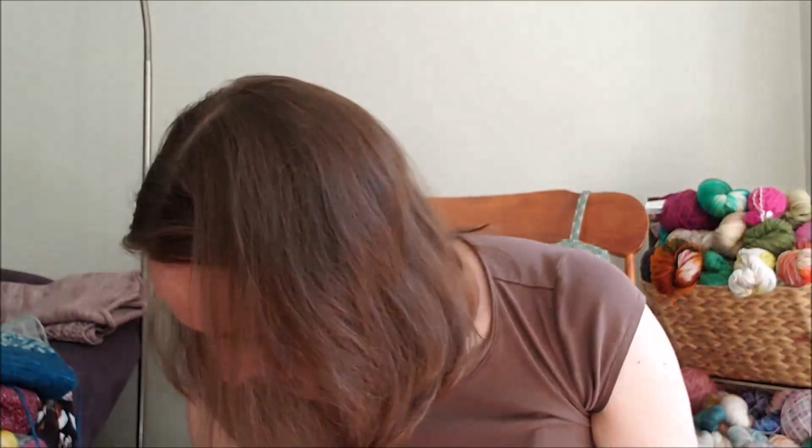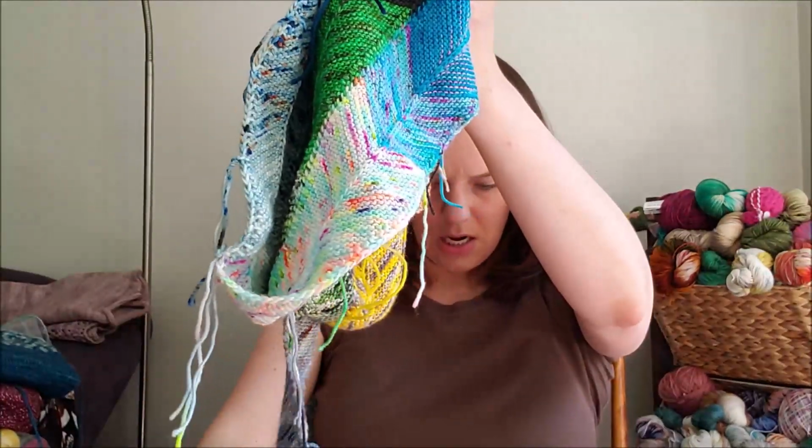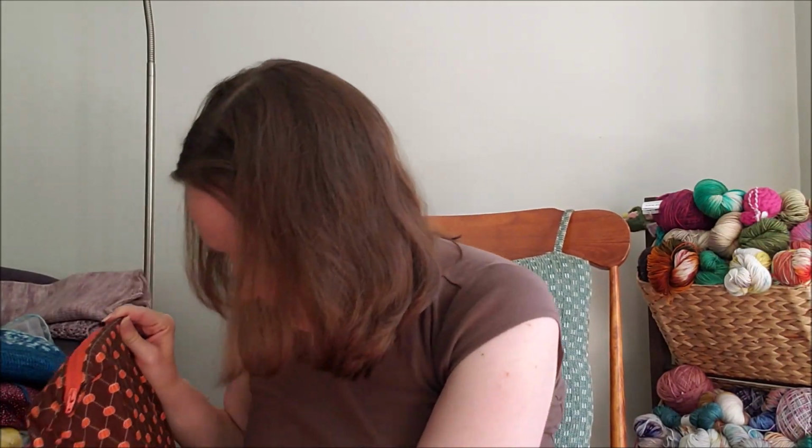So anyway, that's what's going on with my northeasterly blanket. Did I say it was northeasterly? I just said it was a pattern by Melissa Shenanigans. Anyway, northeasterly. And then my last thing that I have worked on is,